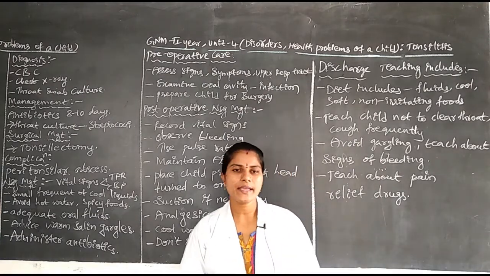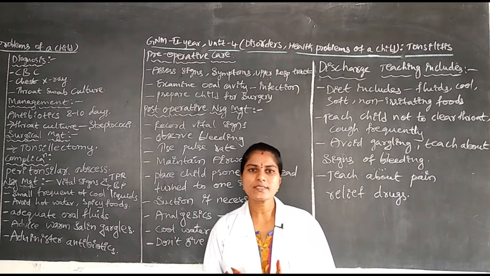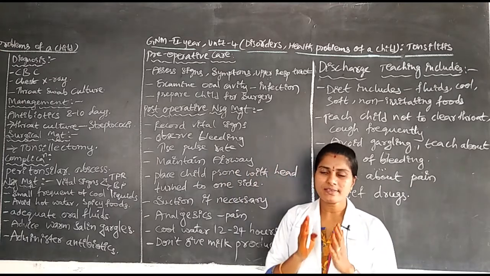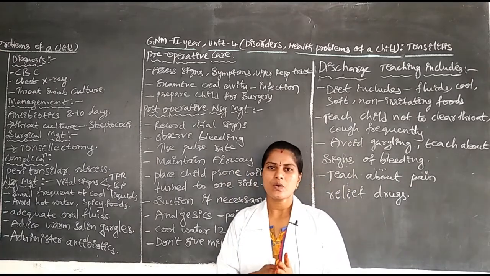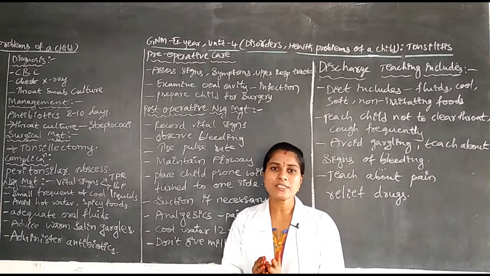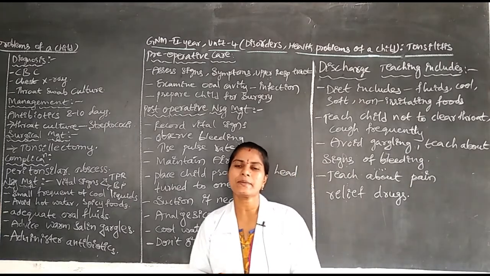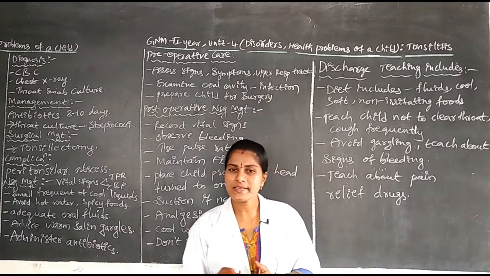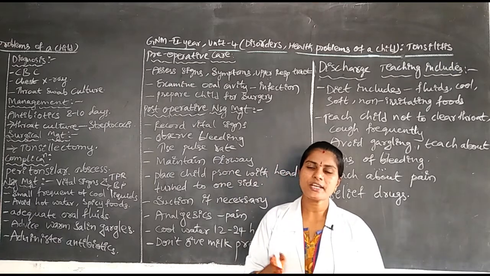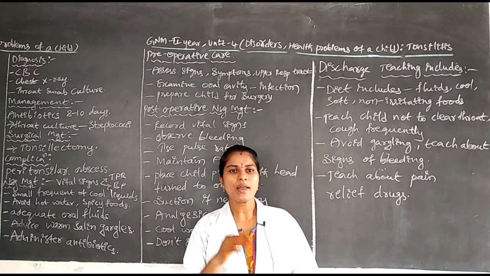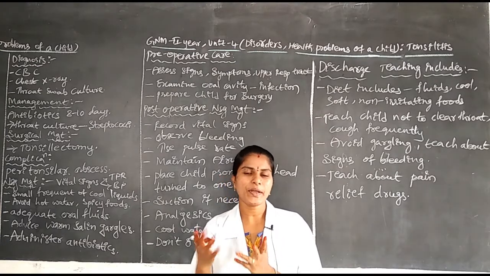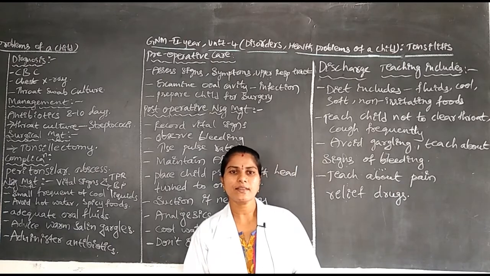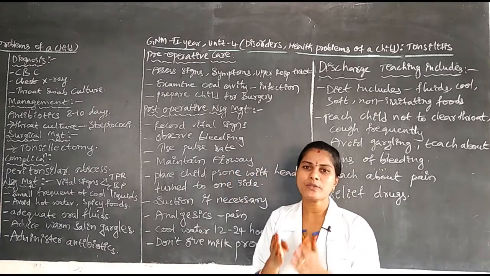Next, the major role of a nurse is to prepare the child for surgery. You have one disease condition, that is tonsillitis. For removal of the tonsils we have to do one surgery, that is the tonsillectomy. The surgery is undergone only with anesthesia. Only by giving anesthesia can we do this surgery. You will not feel any pain. Why? Because of the anesthesia. That type of health education we have to provide to the children.